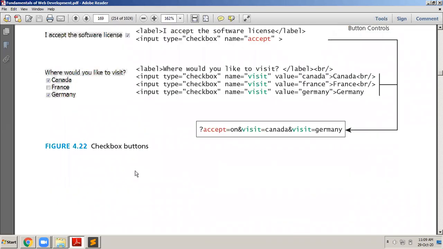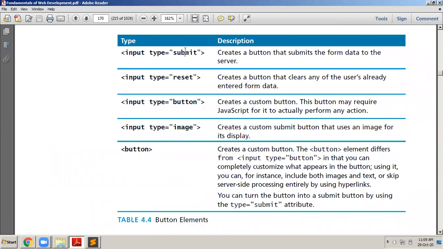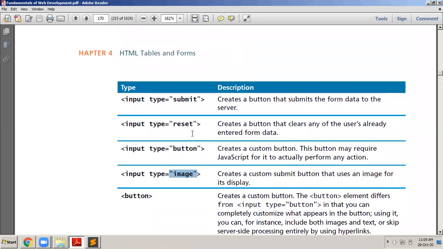Next, after choice-based, we have button controls. In button controls, I told you we have input type is equal to submit, to submit the form, and input type is equal to reset, to reset the form. Input type is equal to button is a simple button. It will neither reset the form nor submit it, but you can write some JavaScript, which runs on the web page. We will come to JavaScript in the third module. Then finally you have one more type of button, called an image button. You can create an image button and place it on the web form. So these are the different types of buttons. I will give you examples of this in the next class.